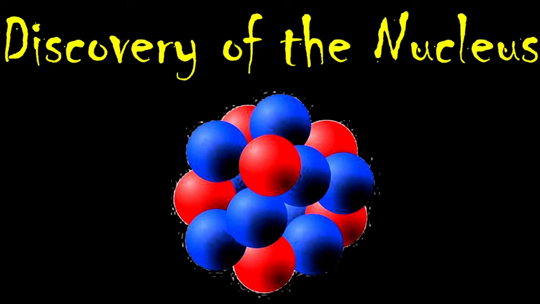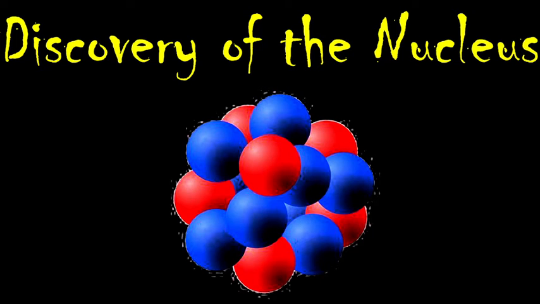Based on these observations, Rutherford concluded the following. Since most of the alpha particles went straight through the foil without being deflected, the atom must consist of a lot of empty space. A positively charged mass in the atom caused some of the alpha particles to be deflected due to repulsion. As only a very few particles bounced back, the positively charged mass in the atom is very small, heavy, and is located somewhere at the center of each atom. He called this mass the nucleus.